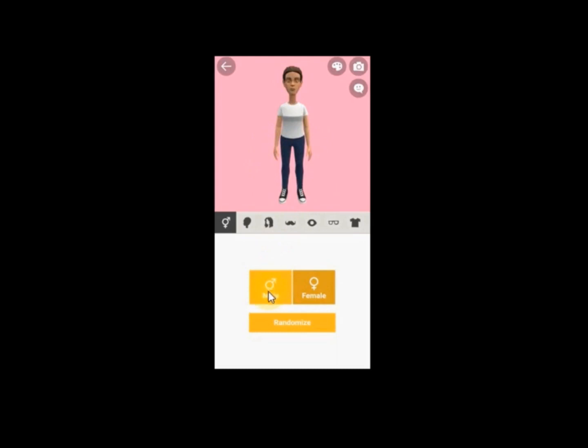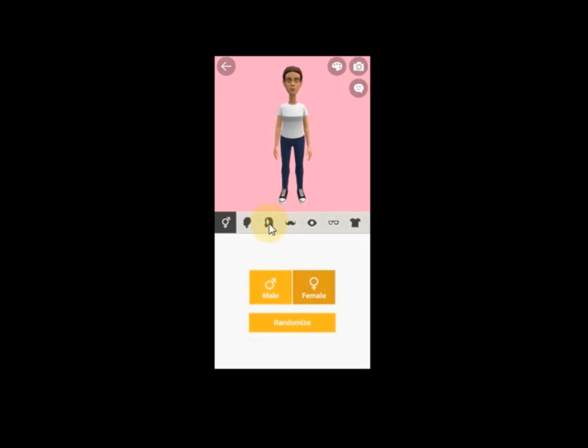If you click male, it brings out the male character. So you can choose anyone. This is the kind of face you want. What kind of face do you need? The shape of the face, you can change it. That's how you create or modify characters.